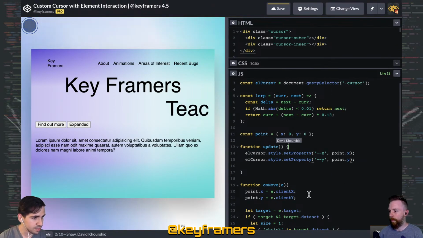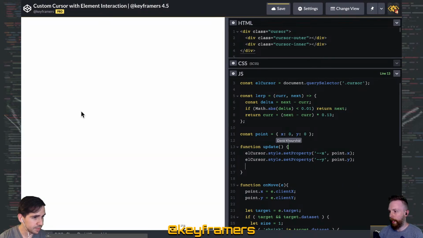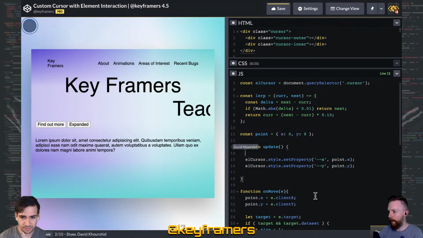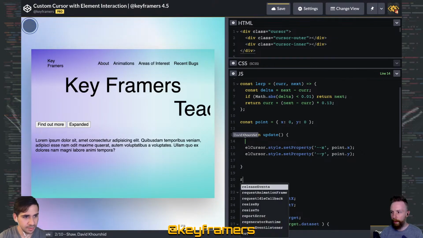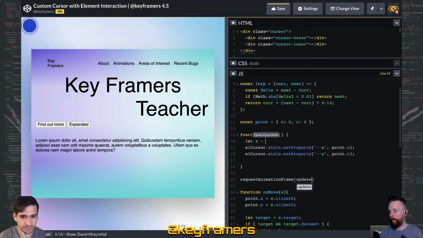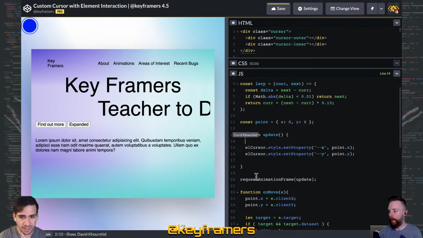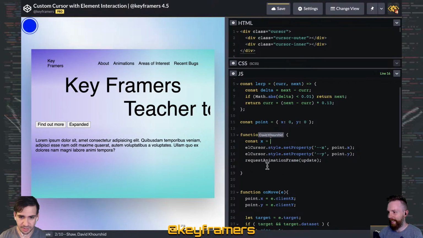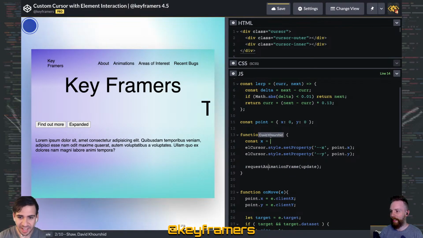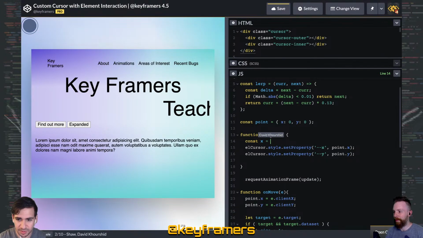So for right now, it's the same. Well, we would need to call update. So we would do request animation frame update. But we have to do a little bit of math here. So the X is, well, we don't want to do that. We want that to be at the end because then you'll never see it. So the X is going to be,